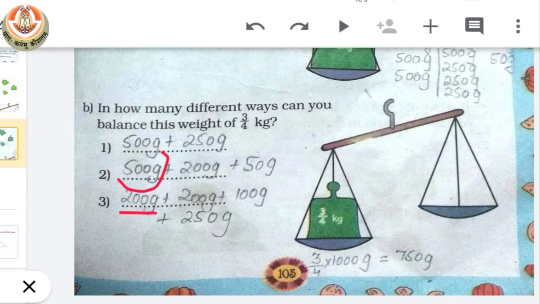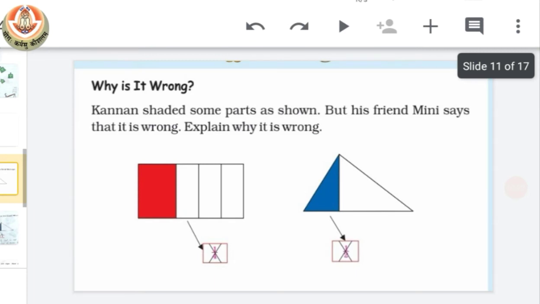And then 200, 200, 100 and 250 gram. We can make various ways to weigh the given weight. Okay. Now this is all your book activity questions, and the last one is we have to answer why the